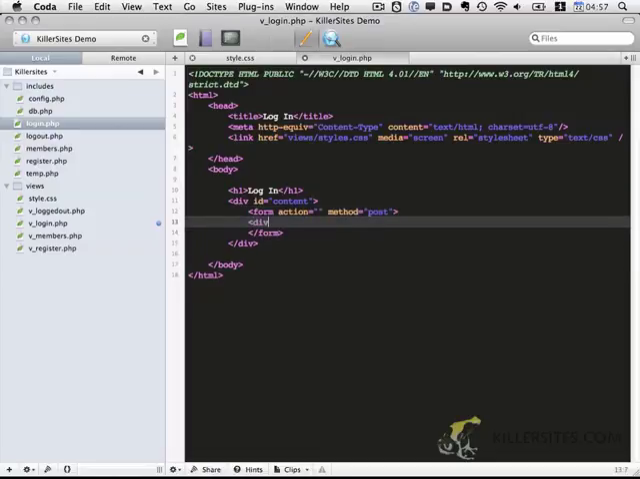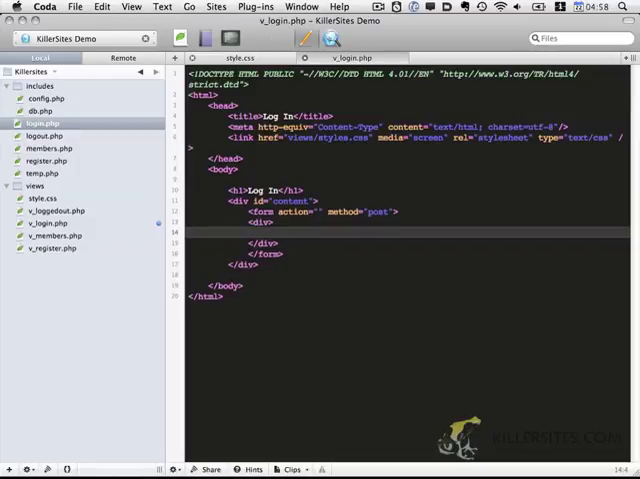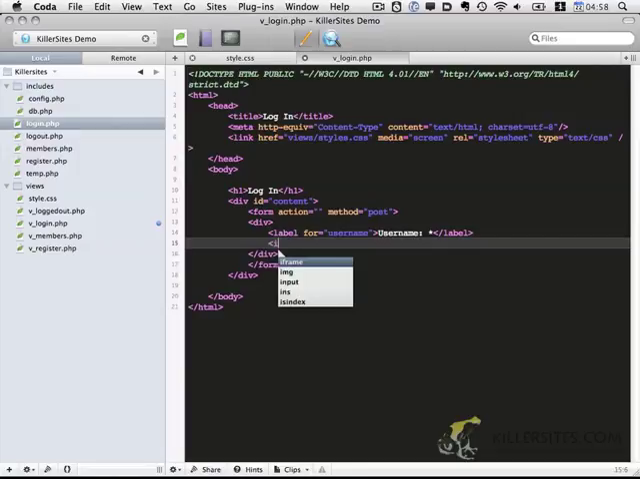Within this form we'll have a div. I'm not going to explain that too much, but if you want to pass HTML validation, you need to include a div or some sort of block element within the form. So we're going to start out with a label, and this is going to be for username, like so. And then below it, we're going to have input,